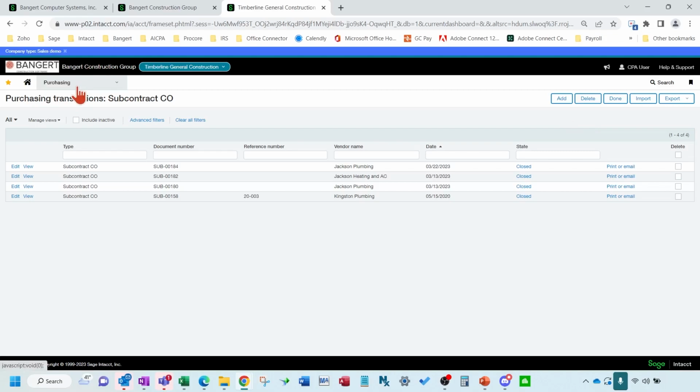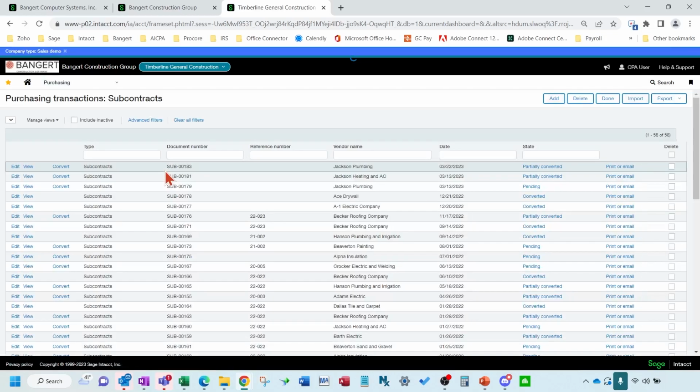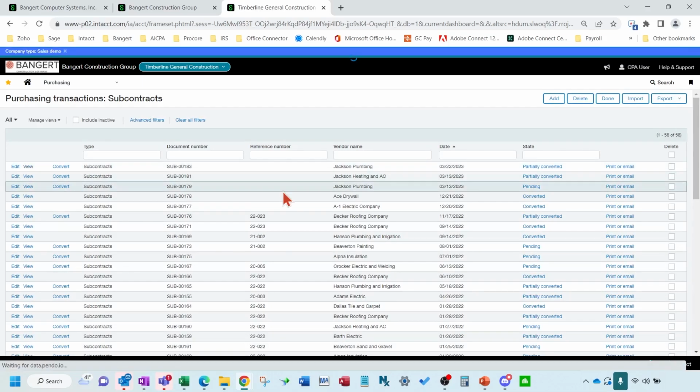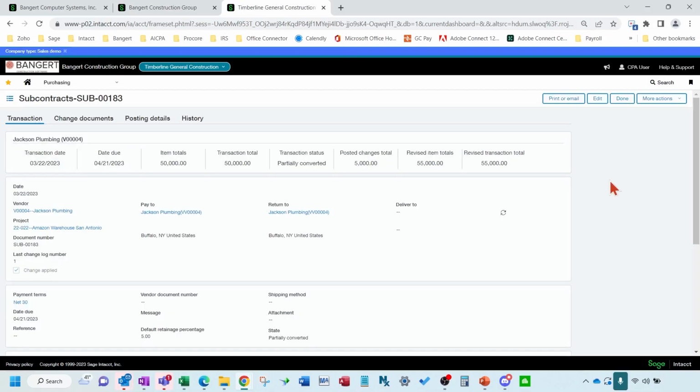Another way to do a change order, you could actually go to the actual subcontract. You want to go to at least view it. Something to remember is to check this more actions button when you're on screens, because there's various things that you can do. Like you can edit how the fields show up on certain areas, for example. But on here, I want to show you the new change order.